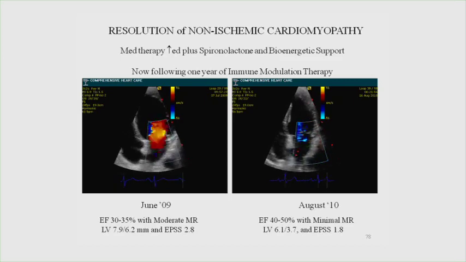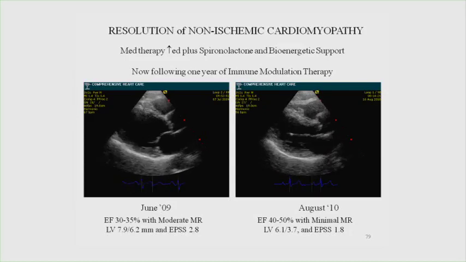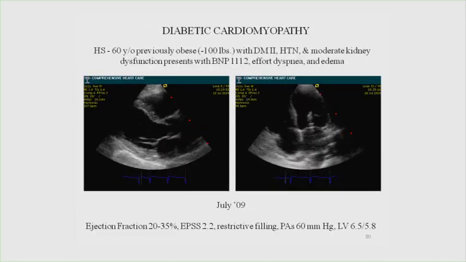His cardiomyopathy responded to immune modulation. Why? We're blocking the Th1 and Th17 response to the heart muscle and creating Treg responses. There's just another view of the parasternal long axis showing the improvement in pump function. Diabetic cardiomyopathy. HS was a man who at one point was obese, and there's an obesity cardiomyopathy due to inflammatory